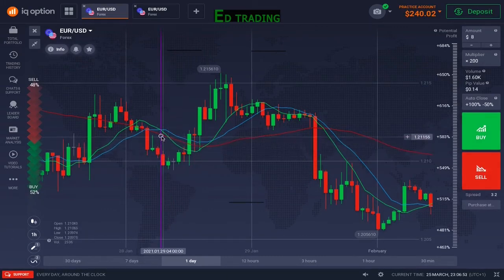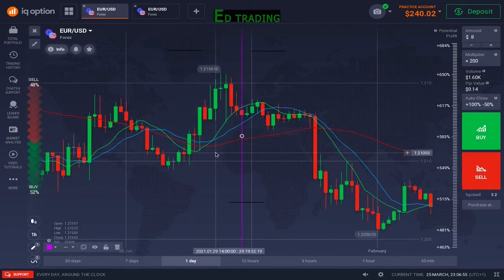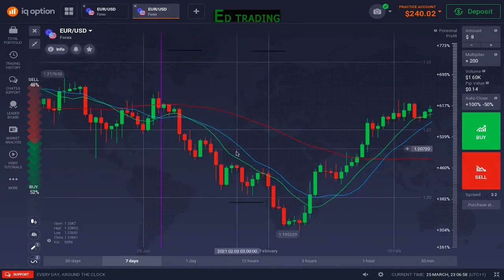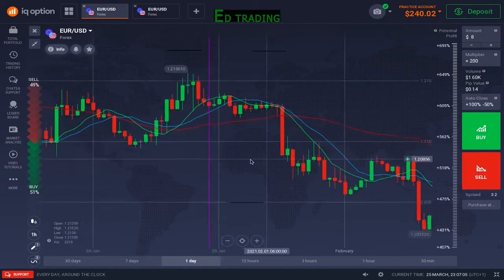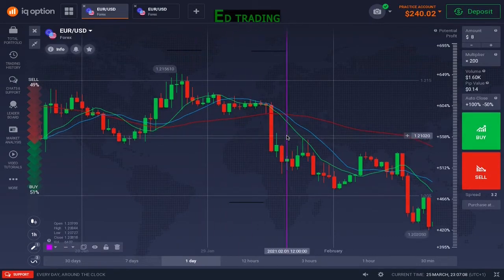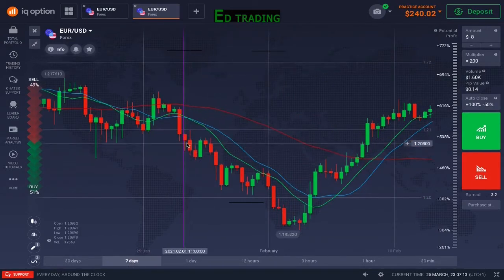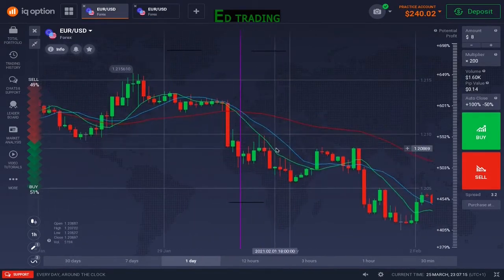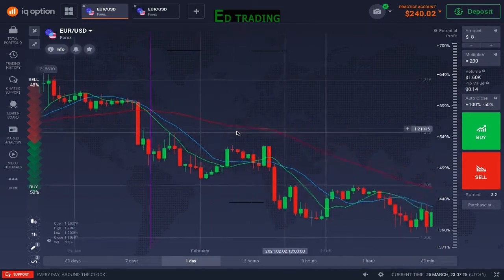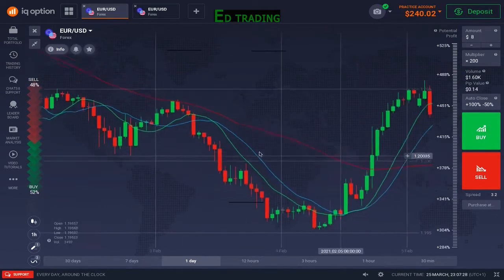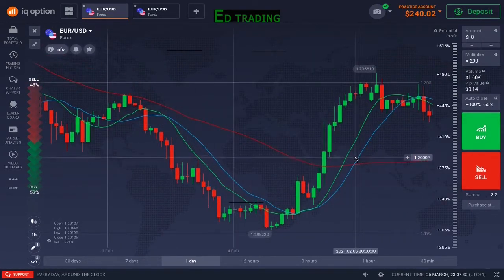You now wait for opportunity for the 1 hour chart to cross, because the 4 hours chart is already telling us that they're in a downward trend. So you wait now for opportunity for the 1 hour to sell. So it crosses here. You can see it's still in a downtrend. Then you sell immediately at this candle. You put your stop above this red moving average here. Then you see it went. So at the cross of these candles here,